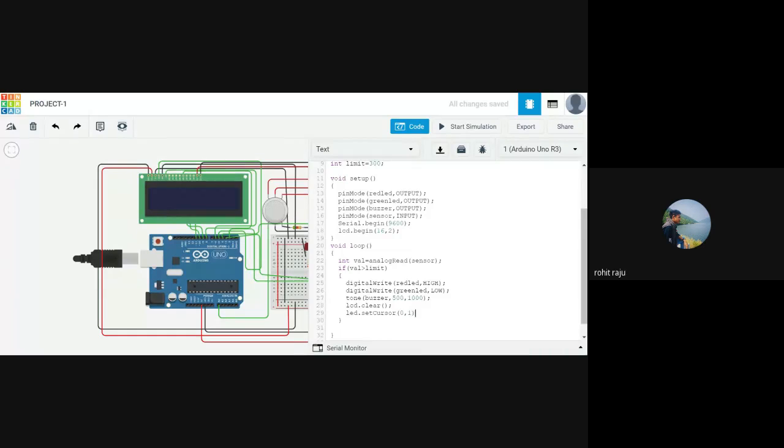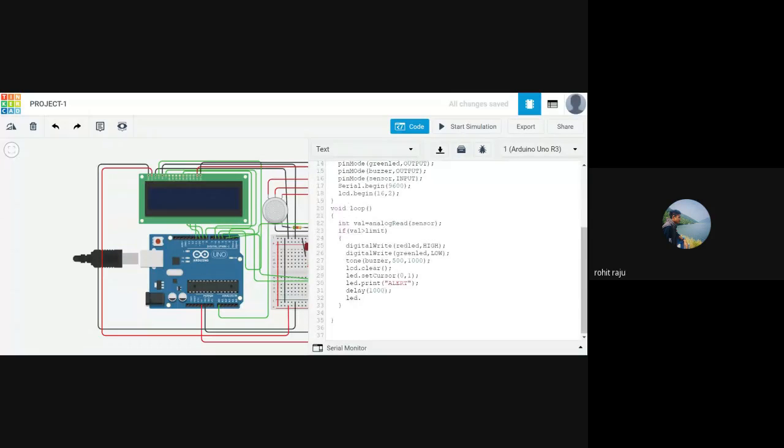Fine. So what message do I want to print? I want to print an alert message. Please evacuate the building. Or you can print danger here. Print, and we want this for only 1 second, so I'm giving 1000 milliseconds here, which is equal to 1 second. After that, I'm going to clear, to display another message. I want to clear this alert first. So a clear, and I'm setting the cursor to the same place again.